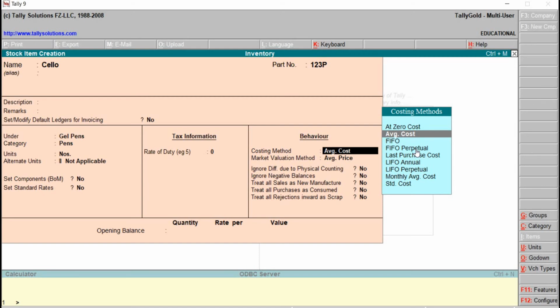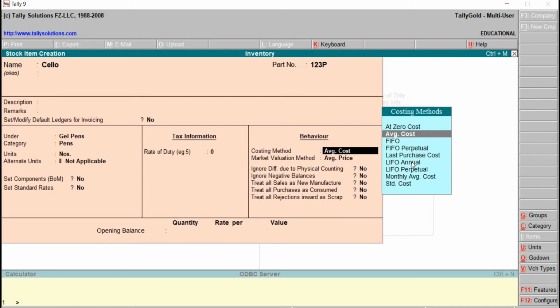So the cost of the goods sold is based upon the cost of the material received first in the period. The next is last purchase cost. Here the stock valuation is carried at the latest price.